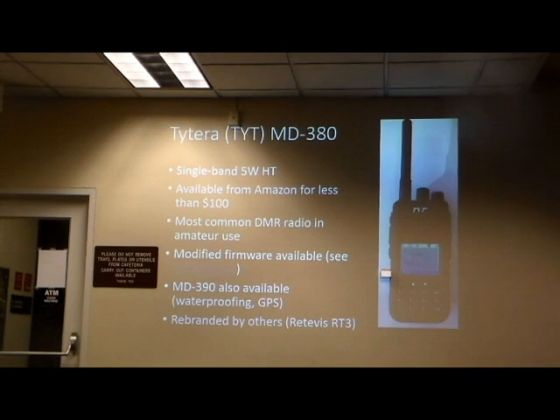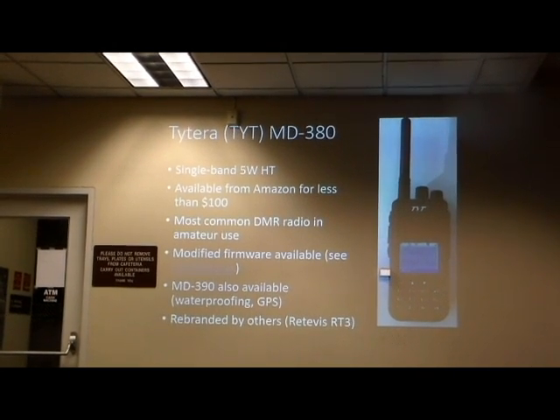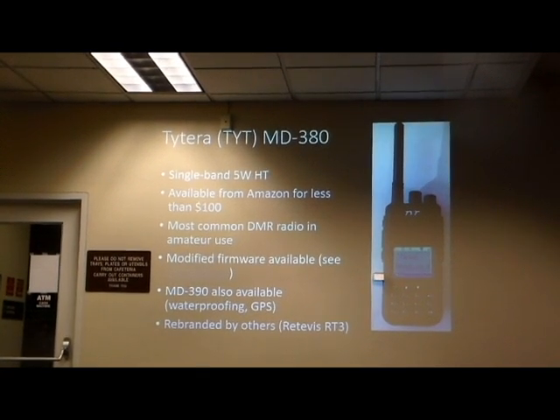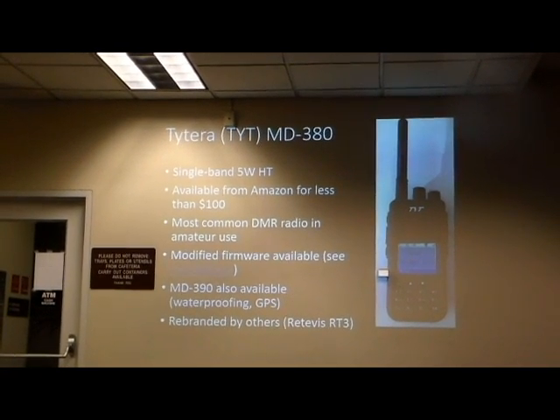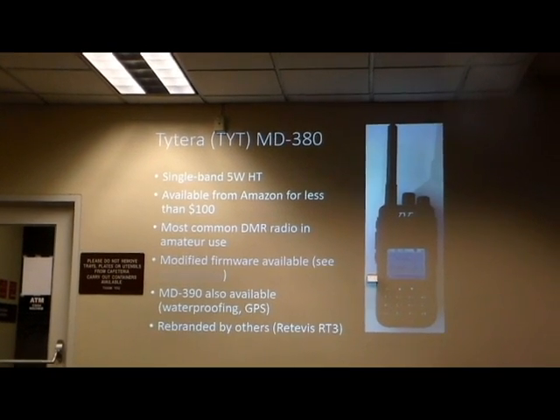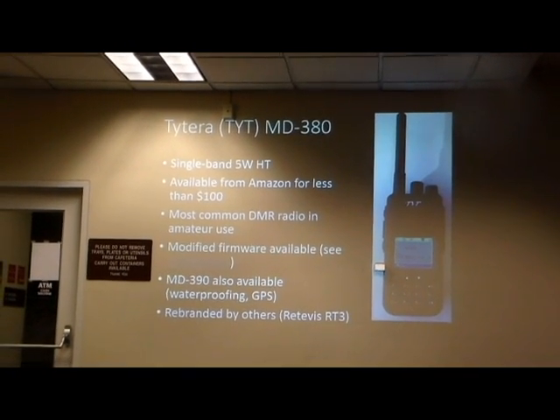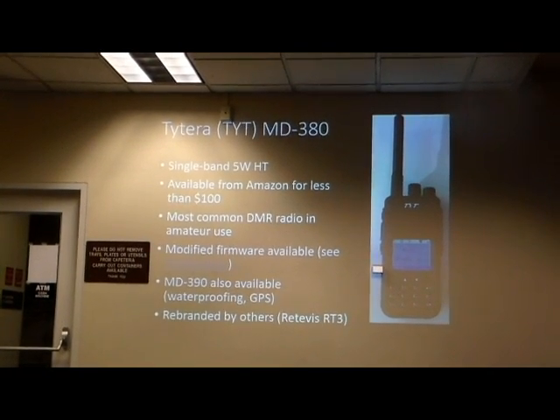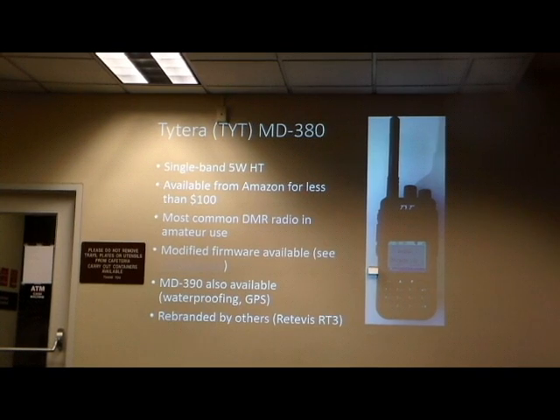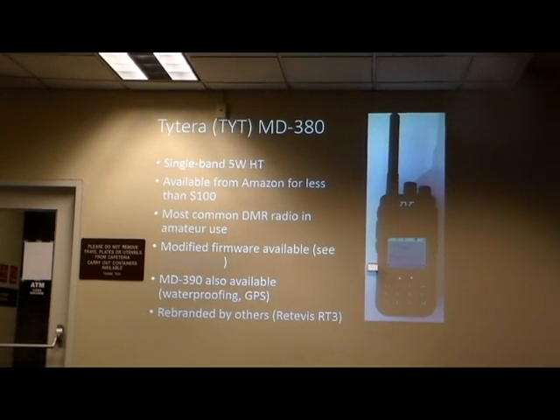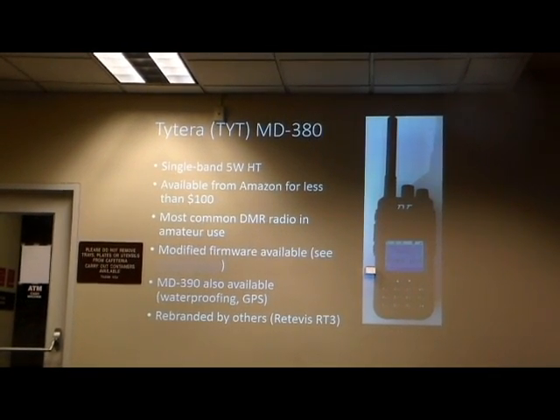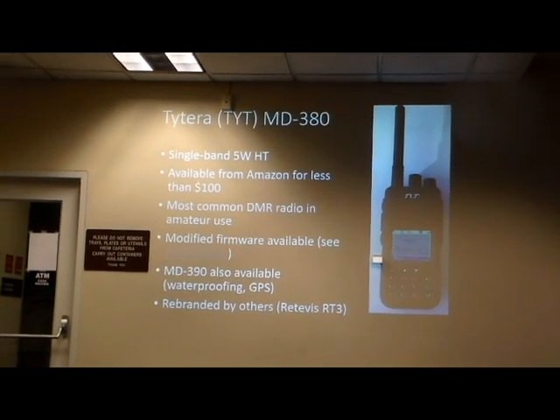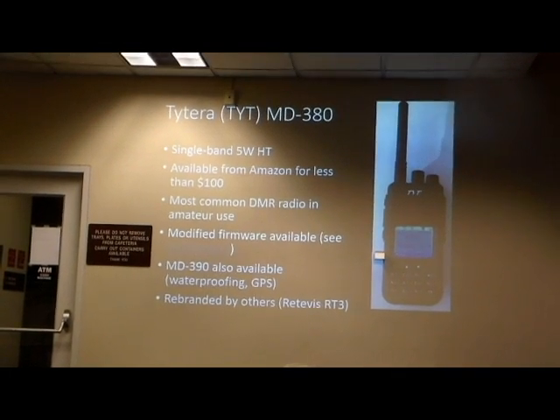You look at most of the Motorolas out there, and you're going to expect to pay in the $500 to $700 range, before you pay for the cable, before you pay for the licensing fee to use the programming software, to put the ID into the radio, all that jazz. This was really the first DMR radio that was available for under $200 that was actually worth owning. Right now, it's the most common DMR radio for amateur use. You can pick one up for about $100 from